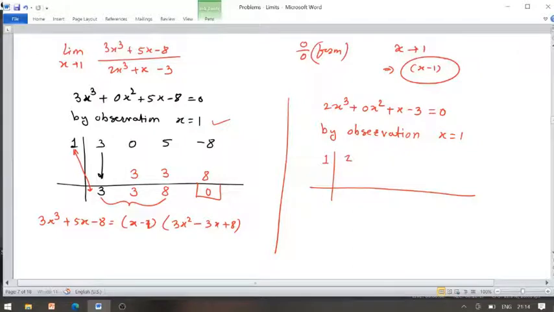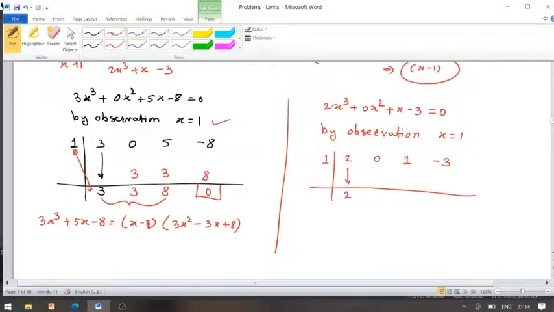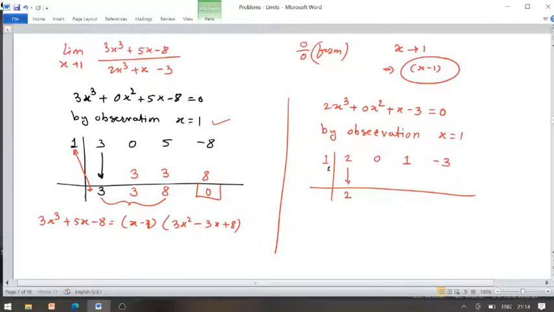The coefficient of x cube becomes 2, the coefficient of x square is 0, the coefficient of x is 1, and the constant is minus 3. Now 2 comes down, so multiplier and divisor we have as 1. So 2 ones are 2, 2 plus 0 is 2, again 2 ones are 2, 2 plus 1 is 3, 3 ones are 3, minus 3 plus 3 becomes 0. The remainder is 0. So the factors of the cubic function from the denominator 2x cube plus x minus 3,